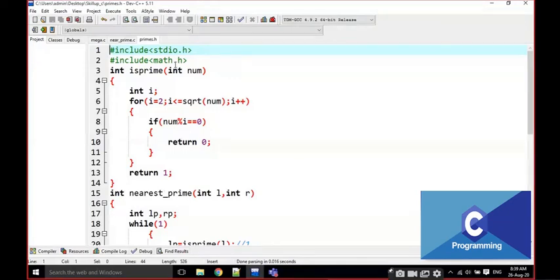We have to save the file with extension .h. Note down that point also. We have to save the file with .h, not .c. There is no main function in the header files.